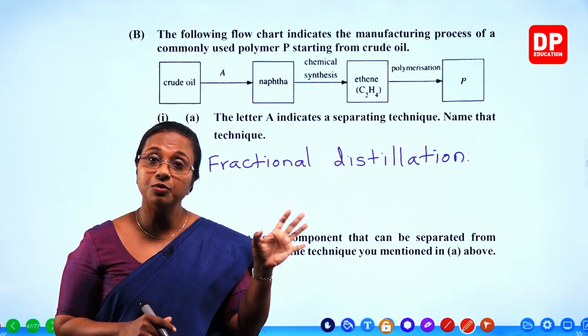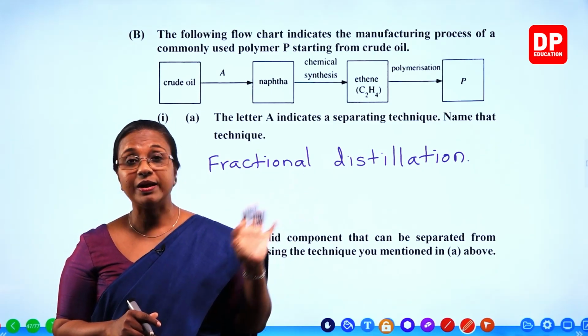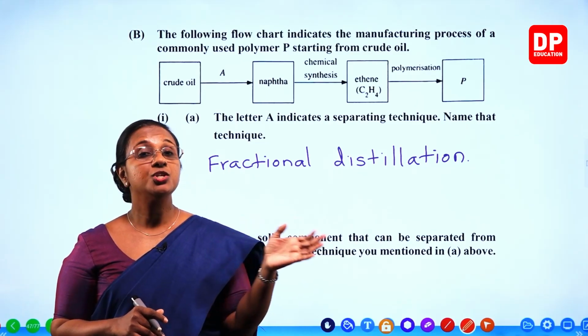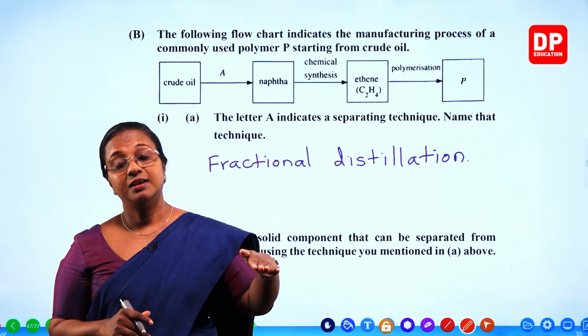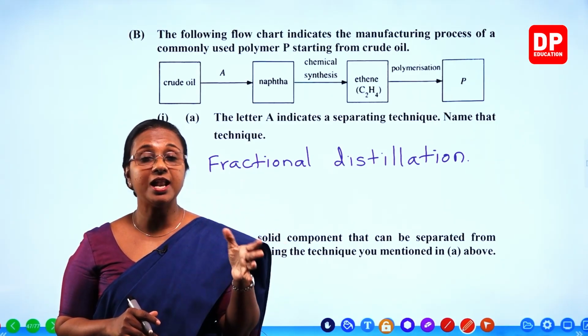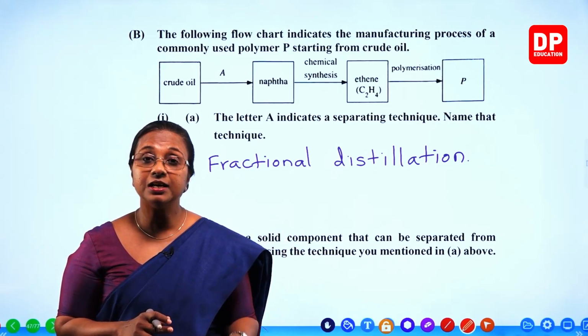They have very low boiling points. So they come out from the top below 25 degrees Celsius. That is why they are gases at room temperature. So methane, ethane, propane, butane. Propane and butane are the main components of LP gas. So those are the components.